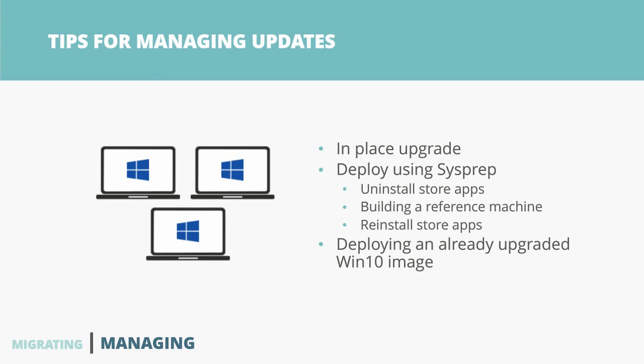But I guess the key to take away from that is it's existed for a long time, but they found better ways to do it. So you can go in and export your start menu layout, for example, or you can use group policy to configure a lot of these things, whether it's a default wallpaper or pinned taskbar items or just the look and feel of the operating system. A lot of that management stuff is better done outside of the build process of your image and done with group policy so that it's effective and run while the operating system is in place rather than before it's in place on the device.